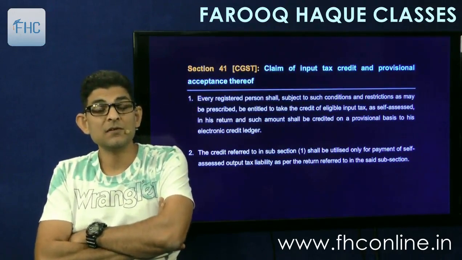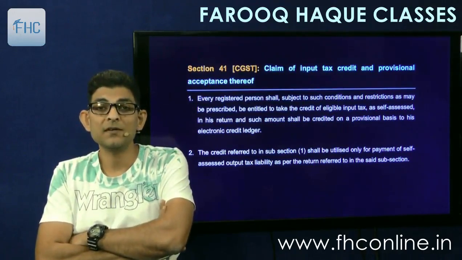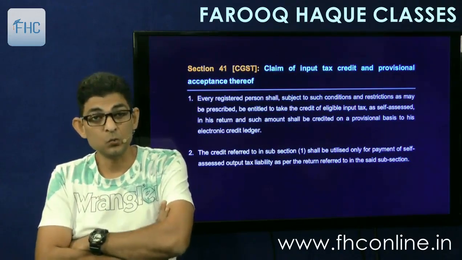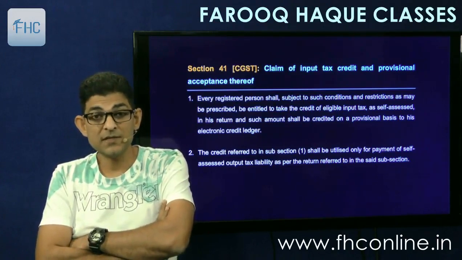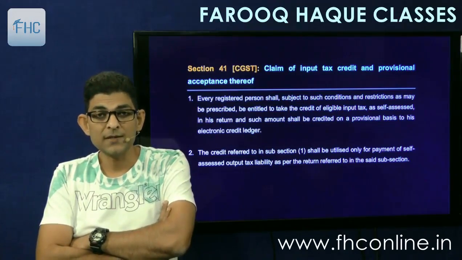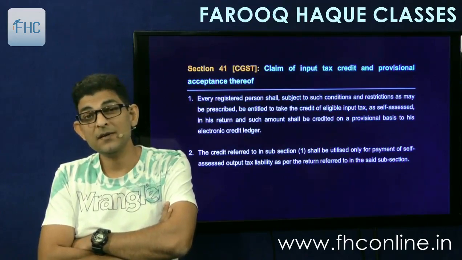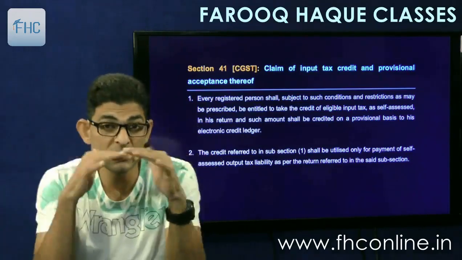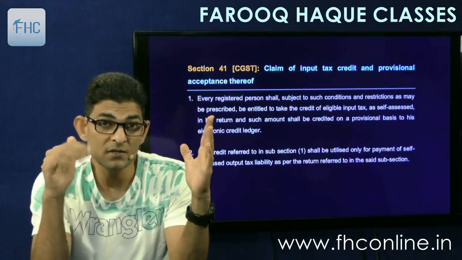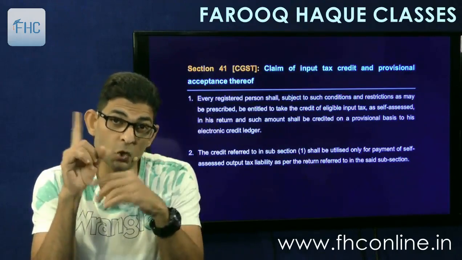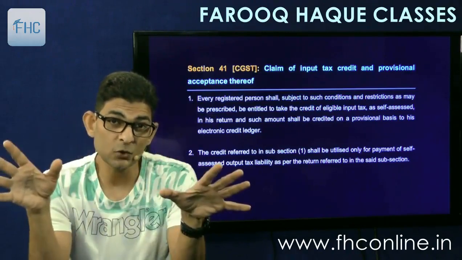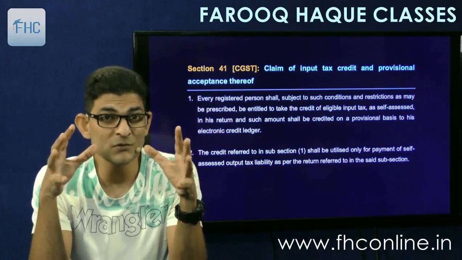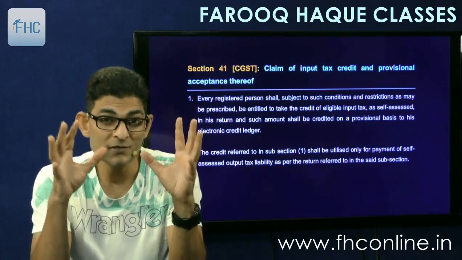So these were the sections relevant to the input tax credit, right from section 16 to section 20, along with their respective rules. Now in the next lecture we'll see sections 41, 42, 43. These are basically in relation to the returns, how the matching process is done. The supplier's return and the recipient's return have to be matched on the portal. Unless they match, the credit is not allowed. So you can call this the security system, so that people cannot misuse the credits. Okay, so this we'll discuss in the next lecture.